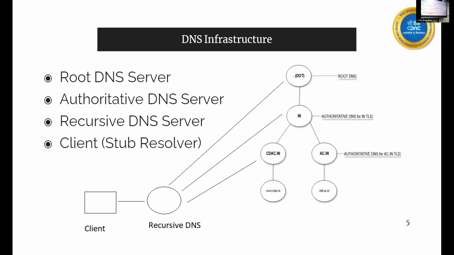And in this DNS ecosystem, we have something called a recursive DNS server, so there can be an attack on the recursive DNS server. We have something called root DNS servers, so there can be attacks on root DNS servers. Then you have authoritative DNS servers; cdat.in, .in, all these are authoritative DNS servers, so we may have an attack on authoritative DNS servers. And finally, you have the DNS client, and an attack can be there on the client also, right? So let us go back to the slides here.